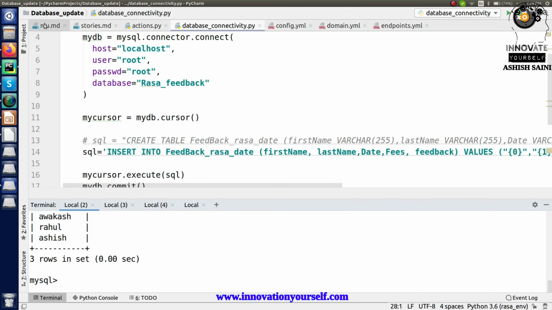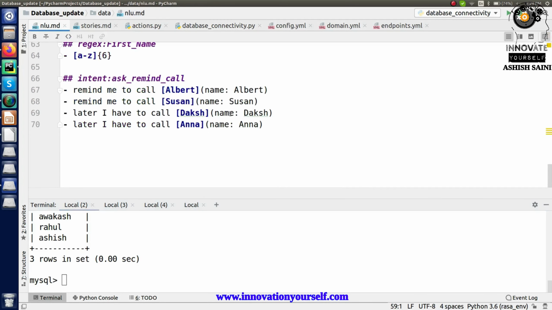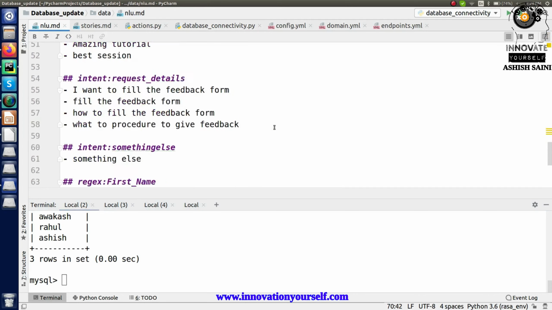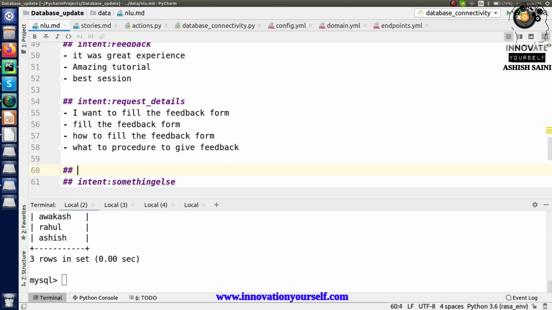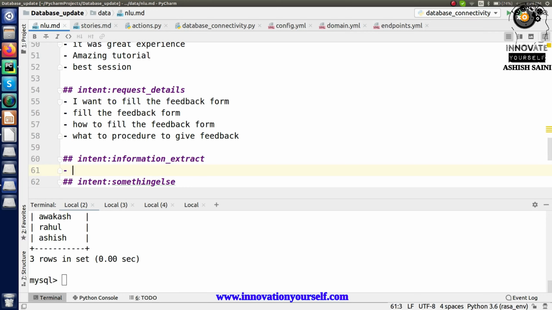Firstly, my bot is going to say something, right? So let's say this is over here. Just create an intent for it, and into that intent let's write, for now, information extract, and in here you have to pass some information.